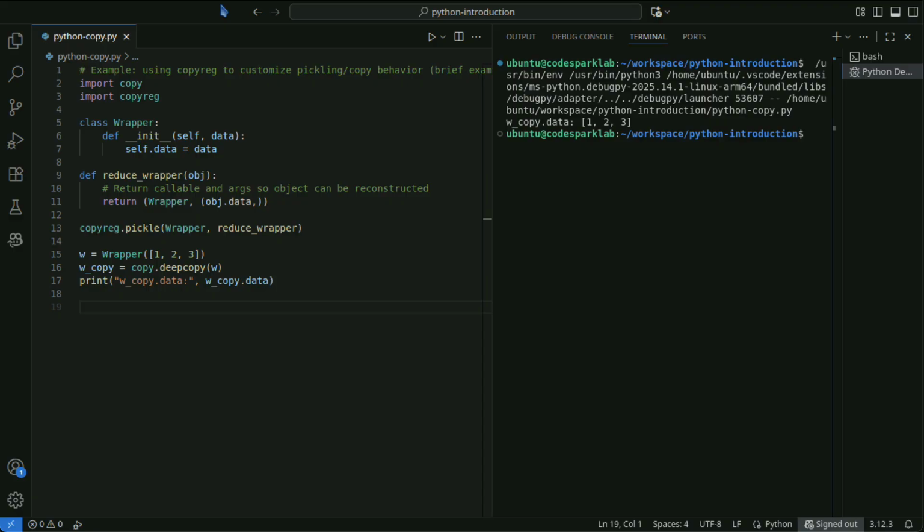Using copyreg, you can provide reconstruction rules that affect both pickle and deepcopy. It's an advanced API, and in most cases, deepcopy is sufficient.